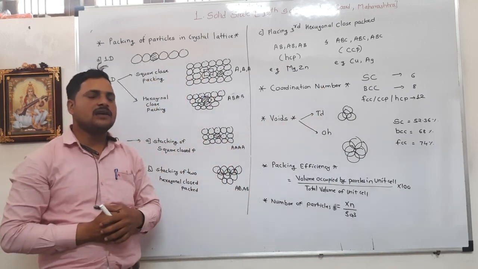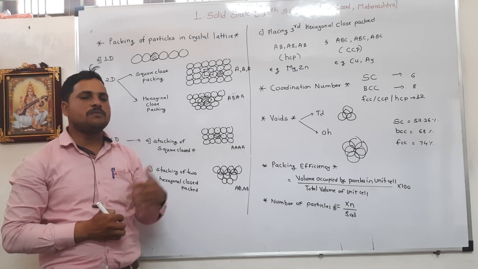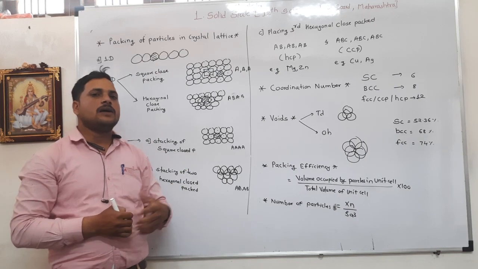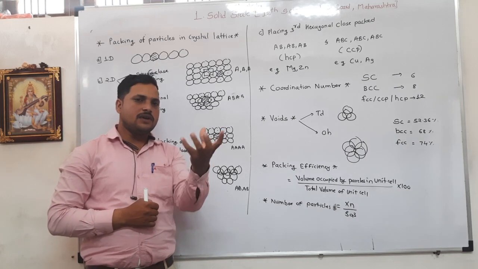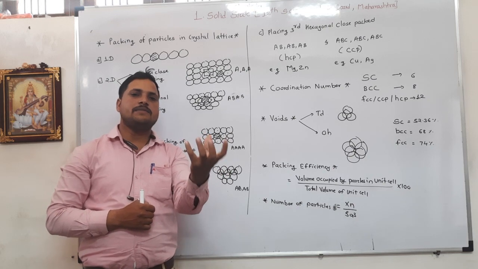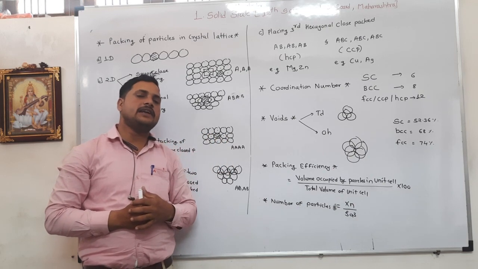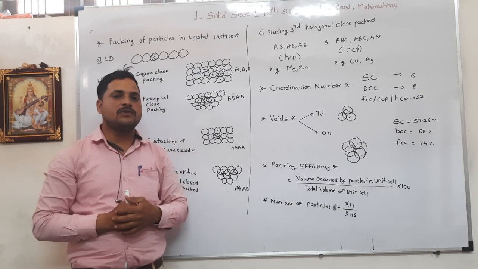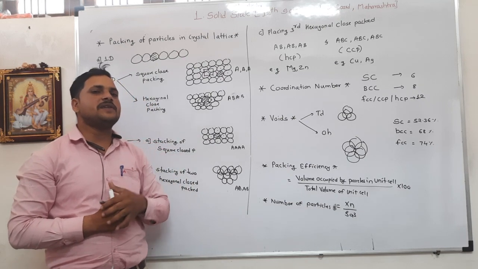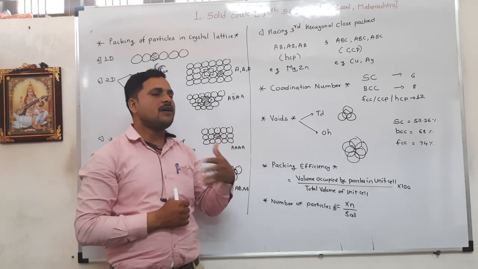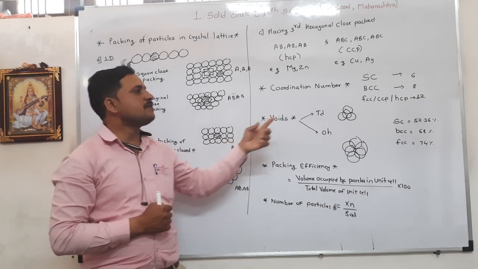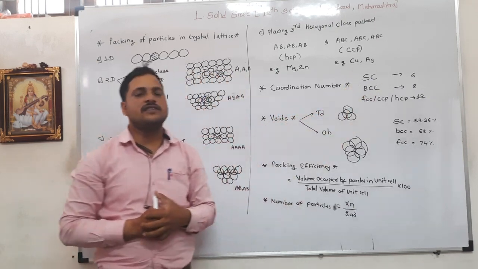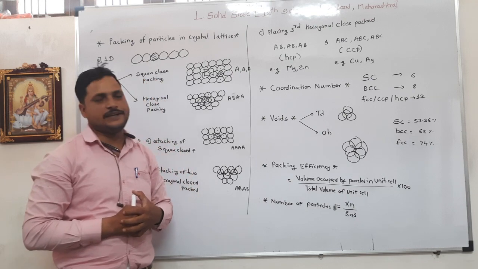Next example, in the case of body centered cubic or BCC unit cell. In a BCC unit cell, one atom or constituent particle is present in the body of the cell and 8 atoms are present at the corners of the cube. Means 8 spheres are attached or adjacent to a given sphere. Hence, the body centered cubic unit cell shows coordination number 8.